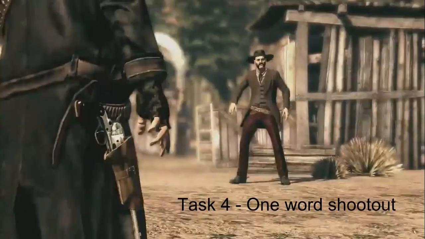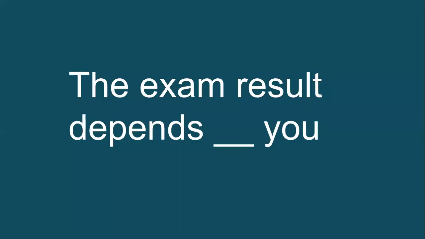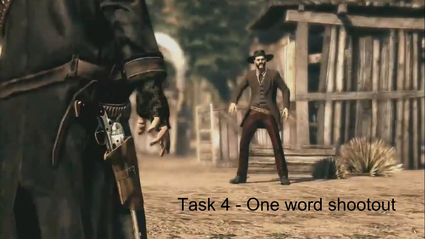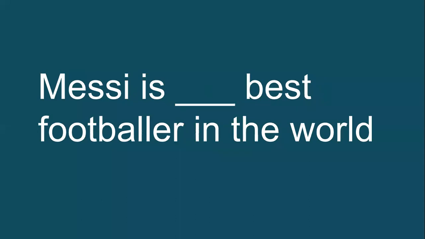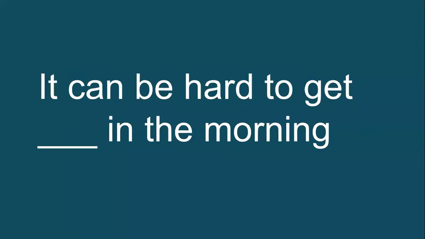And then one word shootout is a popular game. Again, it doesn't take too long. It can take as long as you like. But so 2 students come forward. So 2 teams or even 3 teams, depending on the size of your class. They represent their team, and I write a sentence on the board with only one option possible. For example, the exam result depends on you, and they just have to shout out the correct word which is missing. So this one, on,